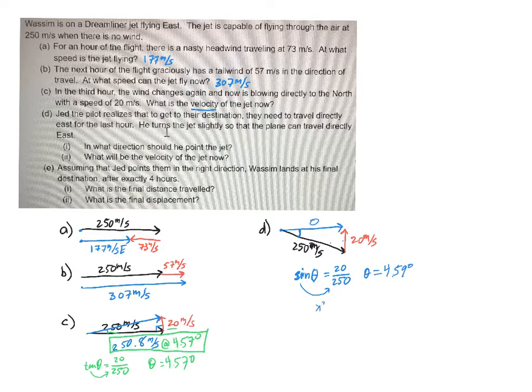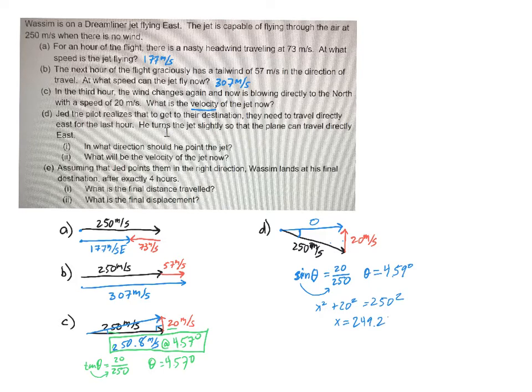All right, now I need to get the other missing side. So it's going to be x squared plus 20 squared equals 250 squared. Remember, the 250 needs to be the hypotenuse there. Okay, so we're going to go 250 squared, and then minus the 20 squared, and then square root it. And when we do that, we should get that x equals